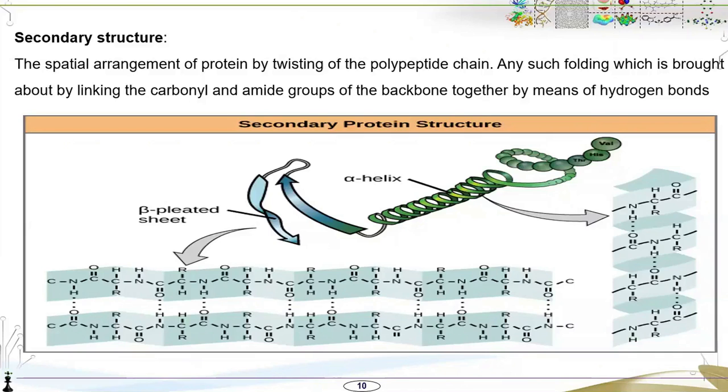Because primary structure is nothing but the sequence of amino acids, right? So in the secondary structure, we can see the spatial arrangement of the atoms or the molecules, the spatial arrangement of the protein by twisting the polypeptide chains. In bioinformatics there are terms like twisting, loose segments, the domains or the subunits. I'm not going into the depth. Just remember that with the help of this primary structure, with the help of different kinds of terms,